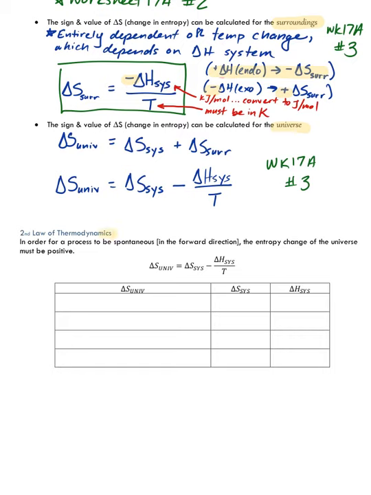Well, it turns out that this is part of the second law of thermodynamics, which tells us that in order for a process to be spontaneous, which means it happens, the entropy change of the universe has to be positive. So again, nature tends towards increasing entropy. If the entropy of the universe increases, then that's favorable and is likely to happen, or does happen. If it would lead to a negative entropy change, then that would be unfavorable and would not happen.